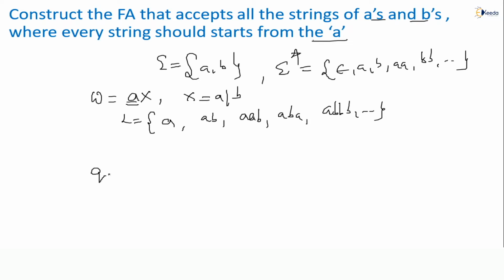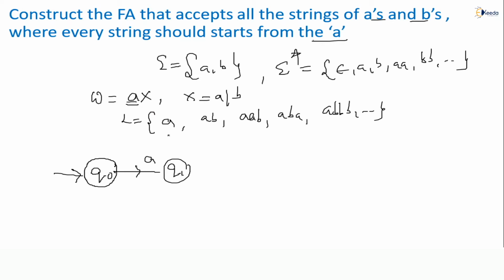So I'll start the construction. Q0 is the initial state. You can name the state with any symbol. You can take A, B or X, Y, Z, anything, but I'm interested in Q0 as the initial state. So Q0 on A: first, we have to learn the construction of FA for any language. Whatever is there, you construct first: start with A, right? You give a transition for A, Q0 on A, so make it Q1. After Q1, any number of A's and any number of B's can come, correct or not?